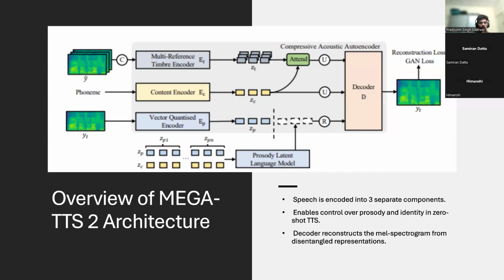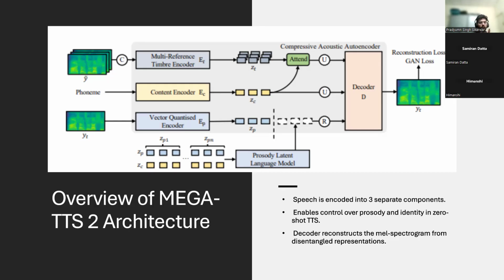So what are all these? First is basically the content. So what is basically the content here? These are the phonemes, as data. Second is the timbre. Timbre, as my friend Somiron explained, is the speaker's voice or the speaker's identity. So who is saying it? And the third is the prosody. So third is basically how it is being said. It includes pitch, energy, and the duration to say each phoneme, all those things.